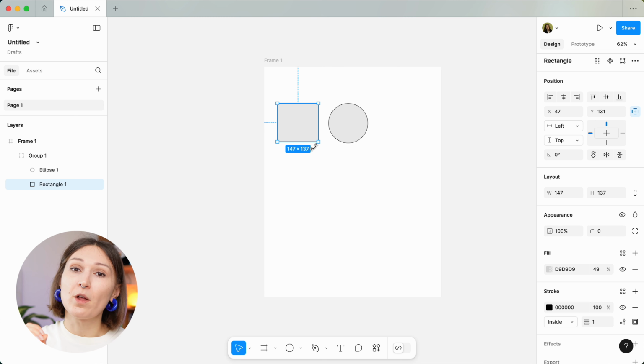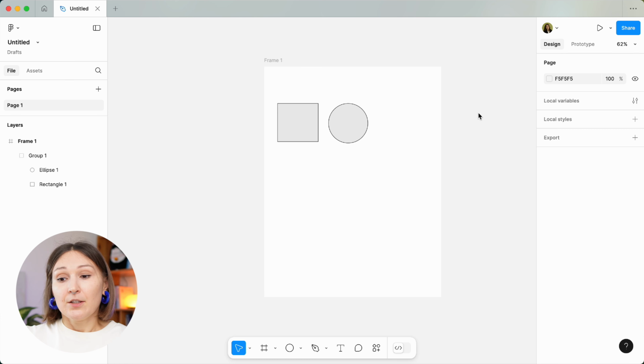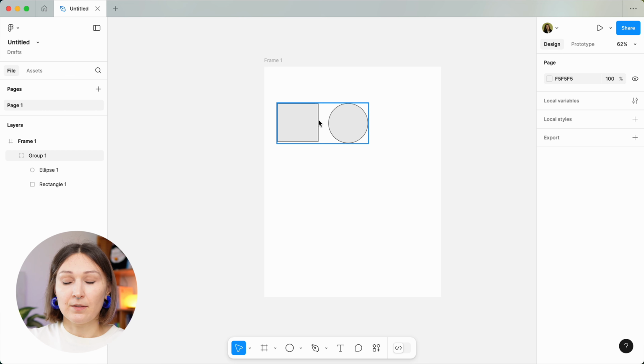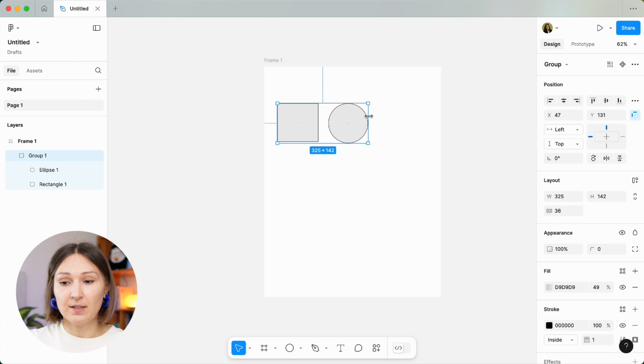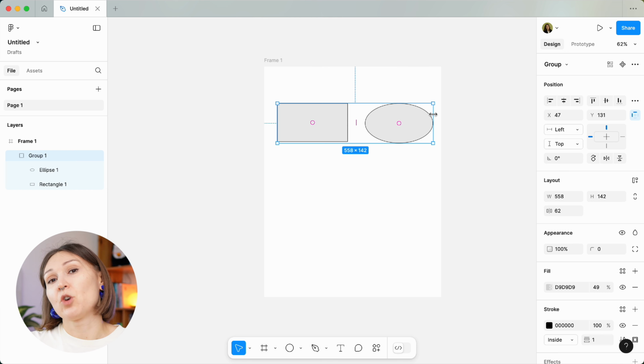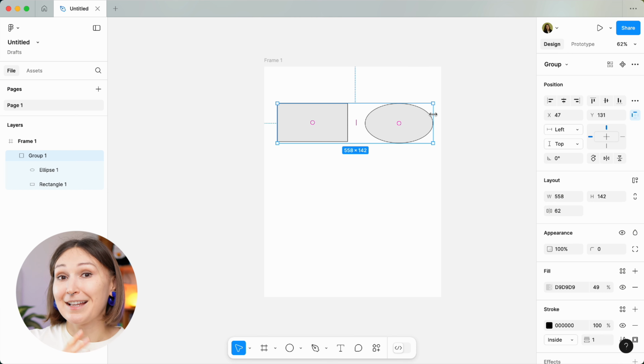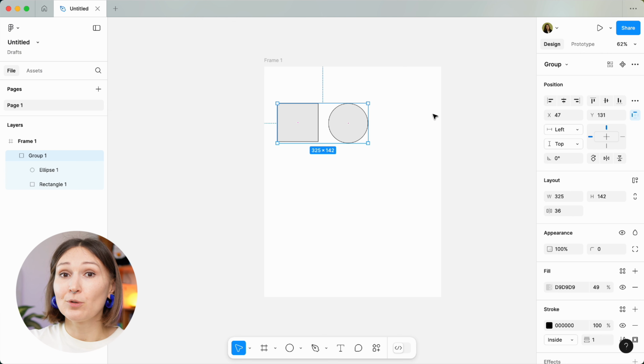But you might still want them to be grouped because this is your menu item, for example. So unfortunately, inside of the group you cannot do that, because if you enlarge the group, this is what will happen. The objects inside of it will distort proportionally. But there is a workaround in Figma, and there is another entity or another tool that you can use for it. And this tool is called